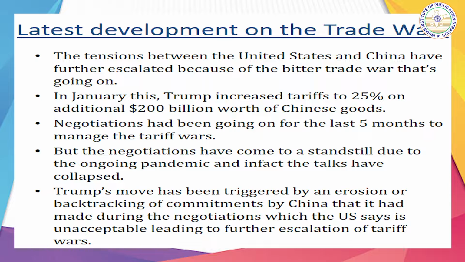So basically, there is a lot of tension. Now the latest developments in the trade war. There is a lot of tension between the United States and China, and this has been recently exacerbated, as you know, by the pandemic which has come from Wuhan in China. As a result of that, the entire world seems to be very unhappy and upset with the Chinese policies, and in fact the whole world has come together. Global cooperation is taking place on a massive scale against China for hiding information about the pandemic. And the trade war that was already there between United States and China has only escalated this tension.